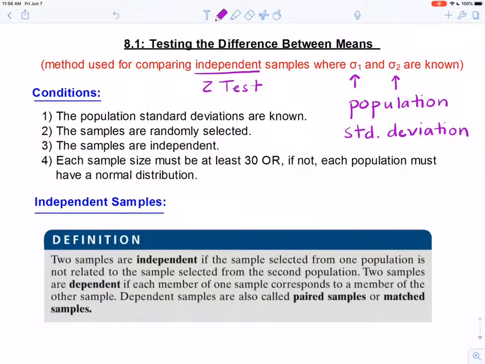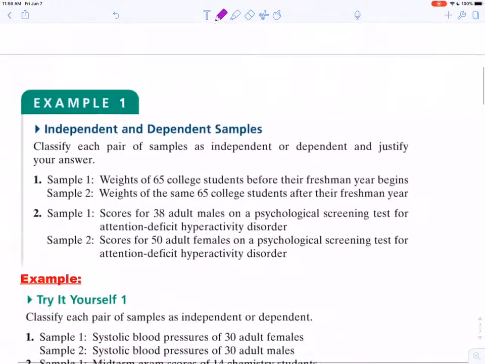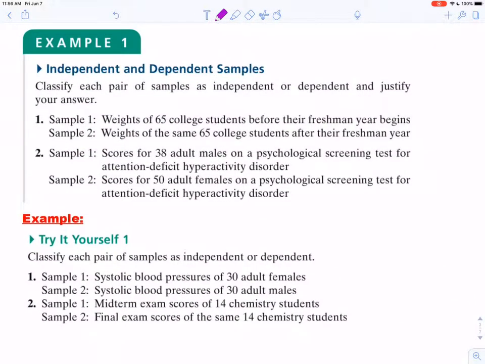All right, now, two things that we're checking here. We talked at length about sigma 1 and sigma 2 and what that represents. The other part of this, though, is making sure that we have independent samples. You've got a definition down here, and I kind of told you it's one does not have an effect on the other. So let's just start with a few examples, making sure that we can determine when we have independent versus dependent